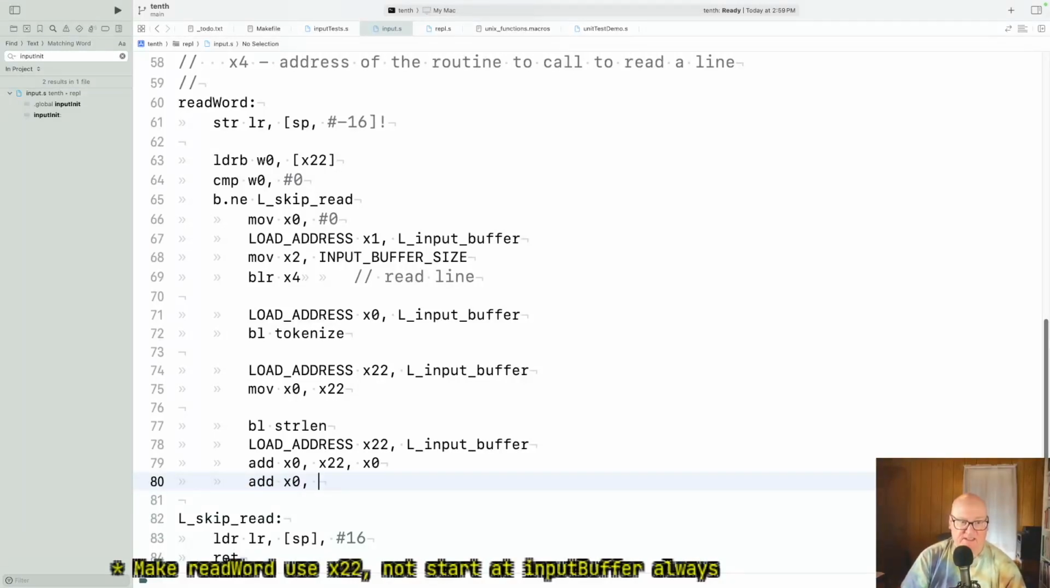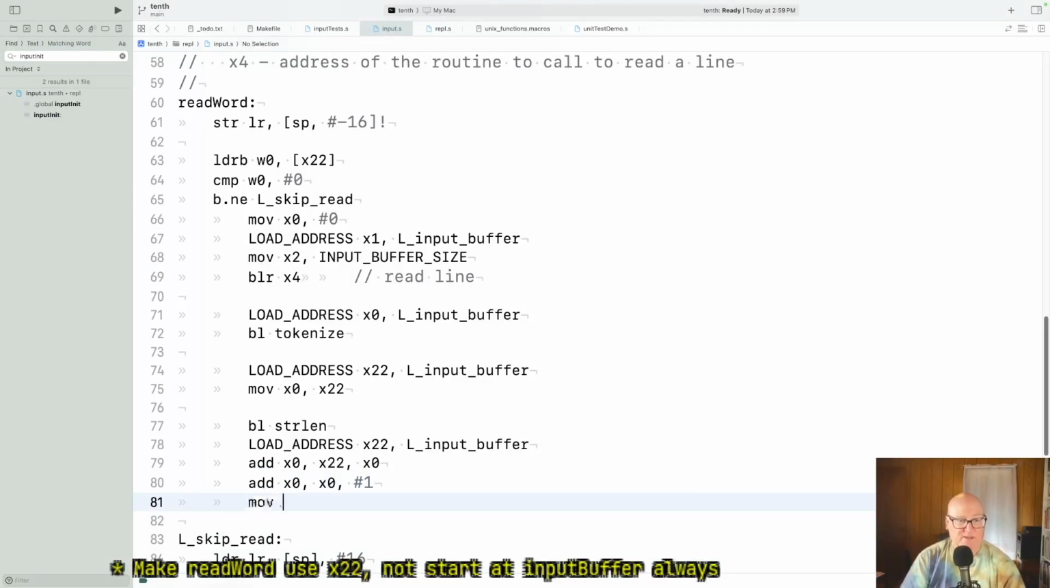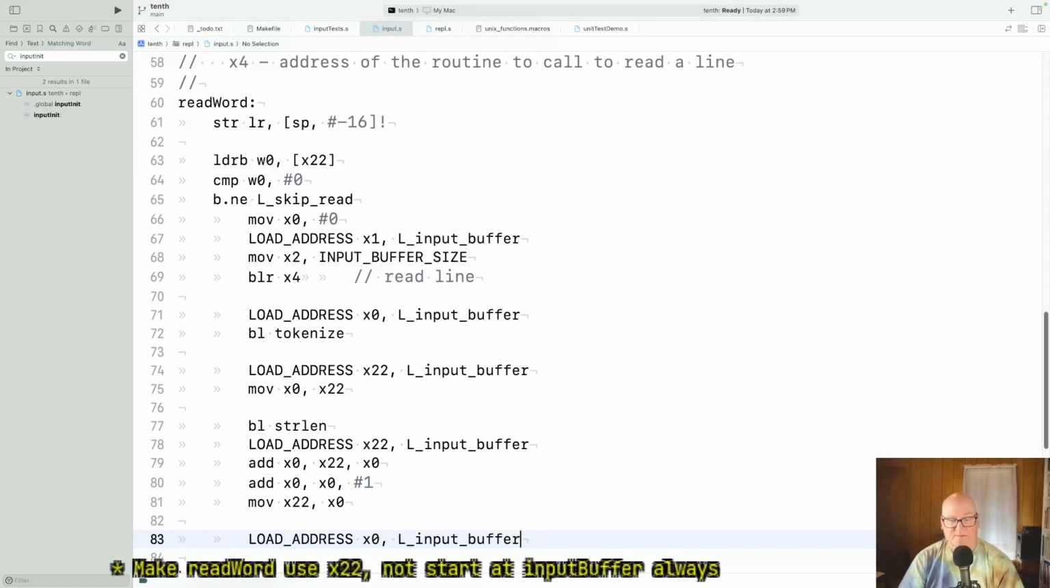I think it's this. Add X0 gets X0 plus 1. There might be a way to fold those two. I don't know. 1. And then now that is X22 gets X0 and load address X0 gets input buffer. I don't know, by the time we finish adjusting. All right, so